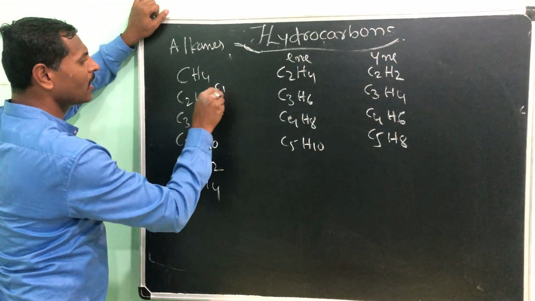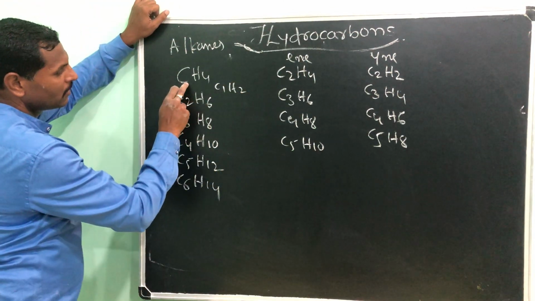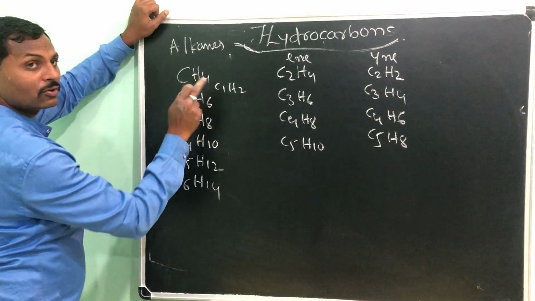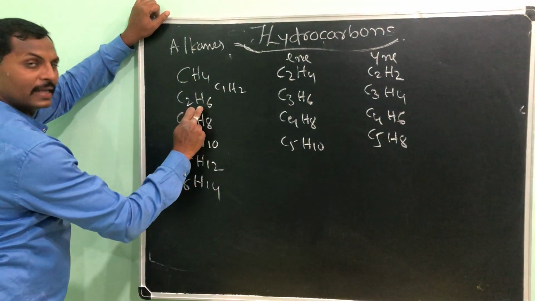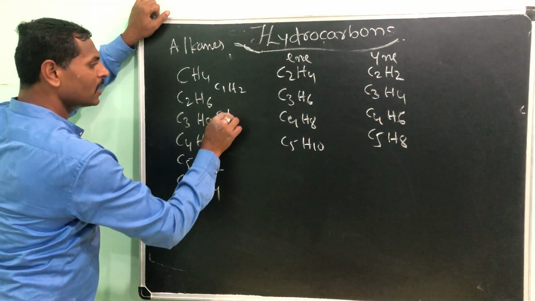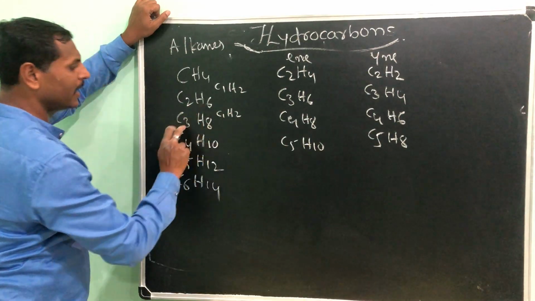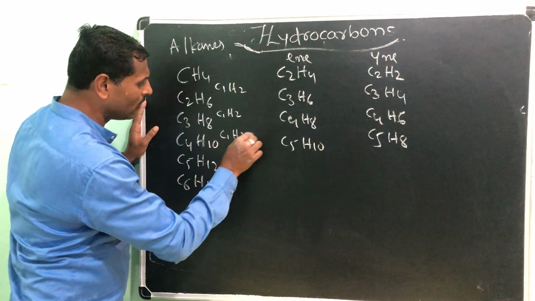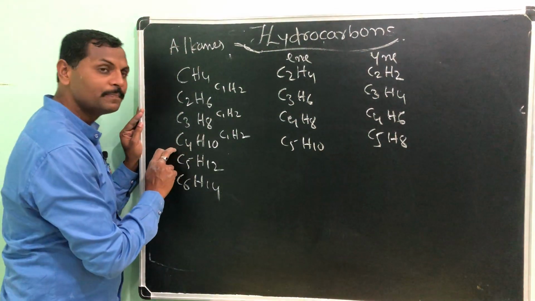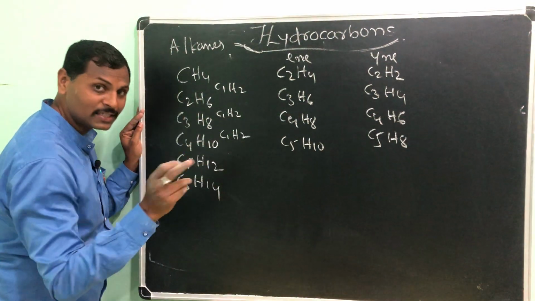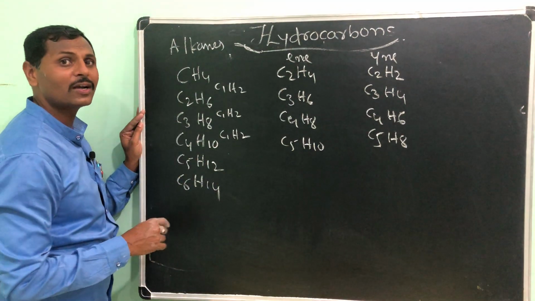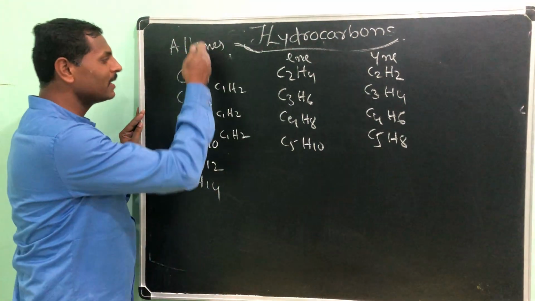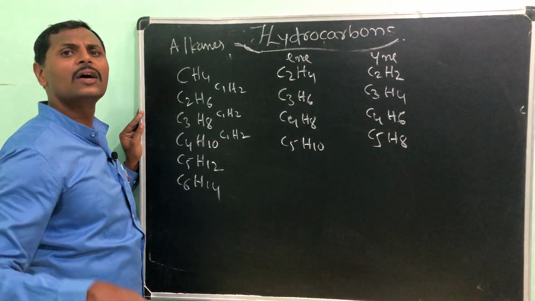Okay, see here, just observe, from here to here, how many carbons and how many hydrogens are having difference? 1 carbon and 2 hydrogens. If you add 1 carbon and 2 hydrogens to methane, you will get ethane. If you add 1 carbon and 2 hydrogens to ethane, you will get propane. If you add 1 carbon and 2 hydrogens to it, you will get butane. Like this, you just try it. That means what are homologous series? All the alkane members are homologous series.